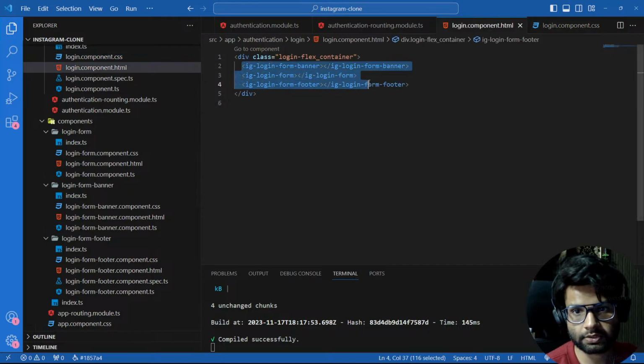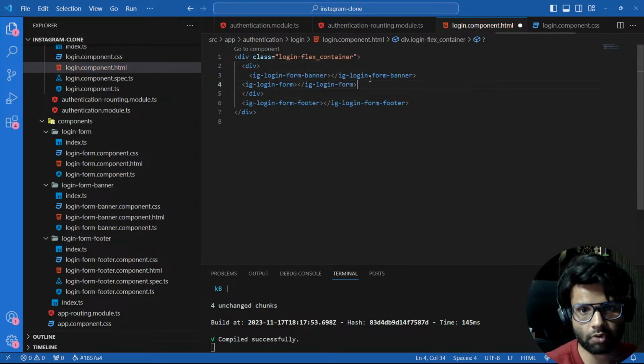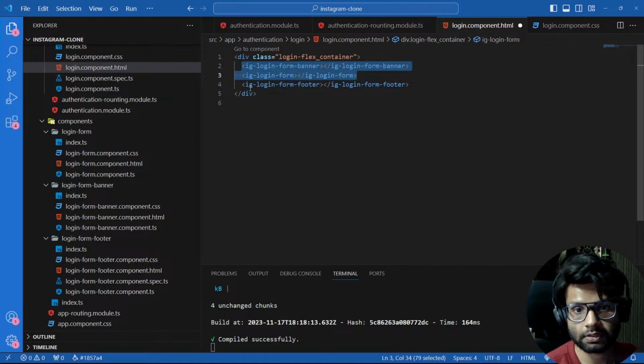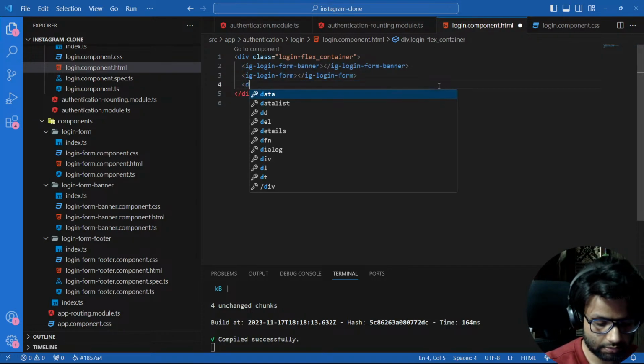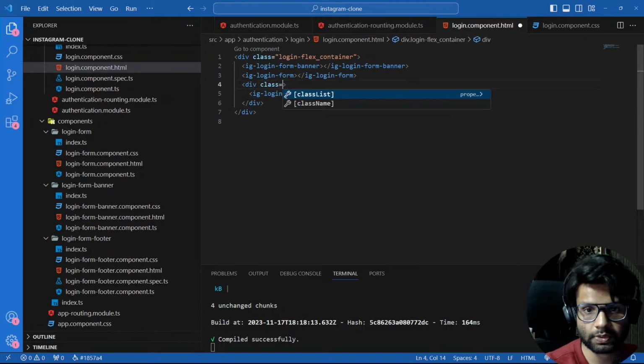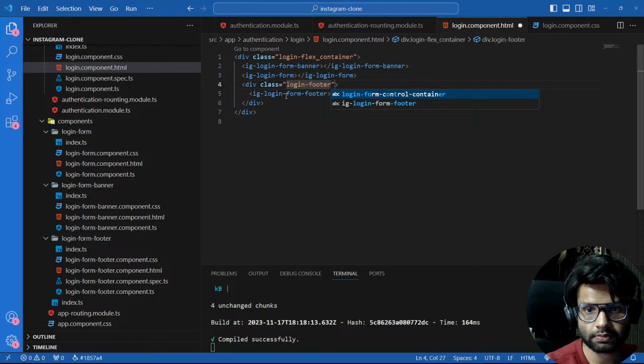So what I can generally do is we supply another div, another block level element. I supply one div like this, and to this div I will place one class which says login footer,